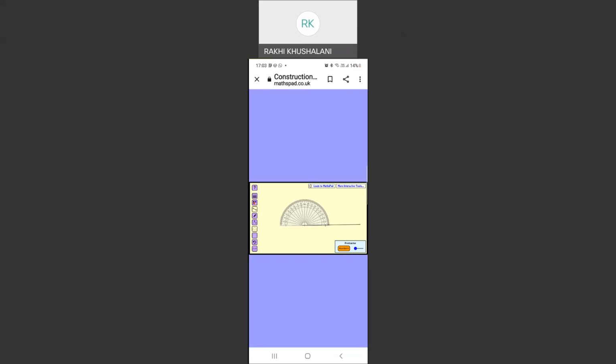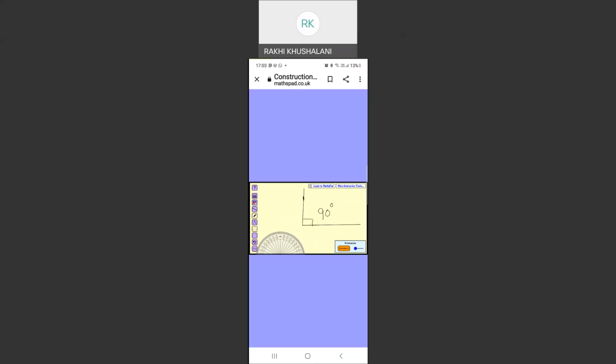And suppose you have to make a 90 degree. So I will place my pencil here and draw a dot exactly at 90. And then remove the protractor. Pick up your pencil and your scale. And इसका भी कोई measurement नहीं रहता है. Draw a straight line. आप बना लीजिए and label it that it is 90 degrees. Finished. As simple. Okay.